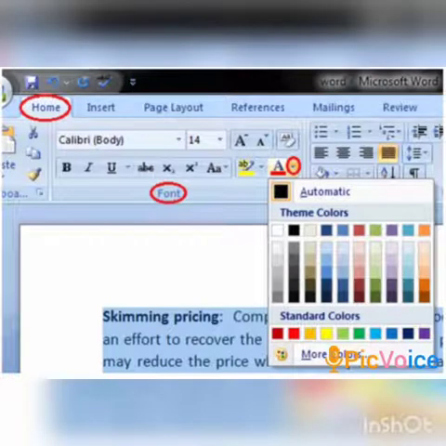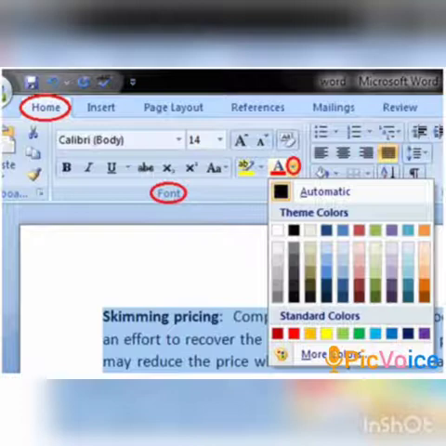Next topic, font color. It contains various colors for the text. You can change the color of text in your Word document. Select the text that you want to change on the Home tab.